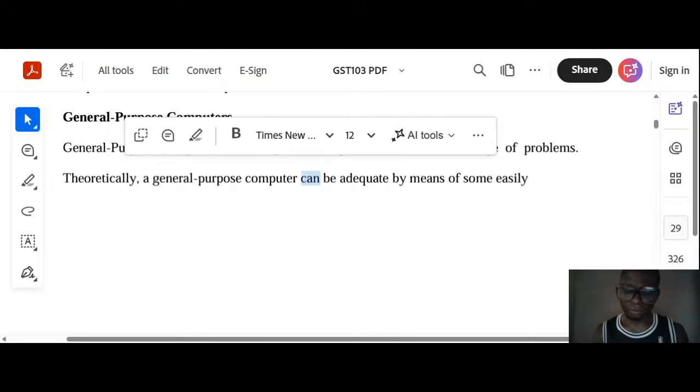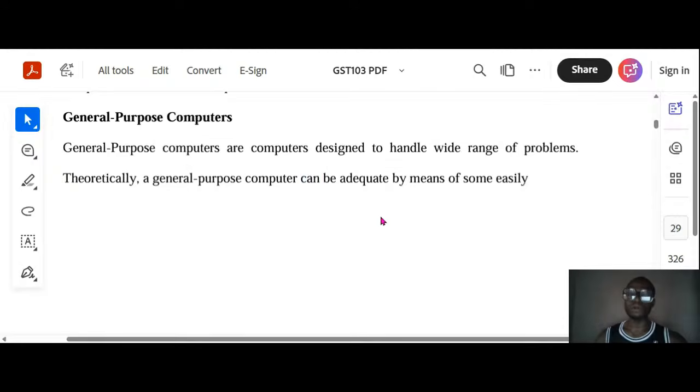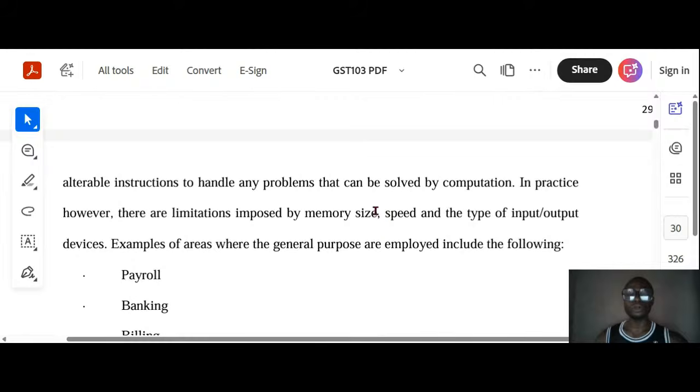Now, this is the type you use, the type you have on your laptop. All the games that are in this world, even the games that I see you doing in the lab, you're already testing the meta version, because you like games. You have different things. You are into graphic design, you are programming, so those ones, they are general purpose. They have quite a lot of features, a lot of applications you install on them.